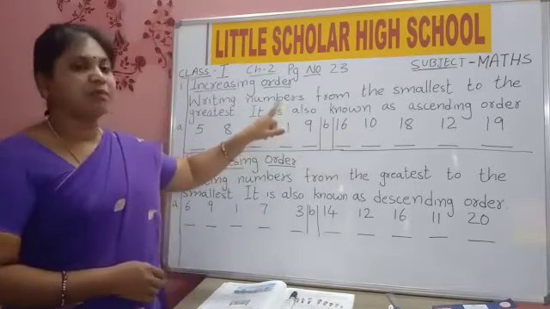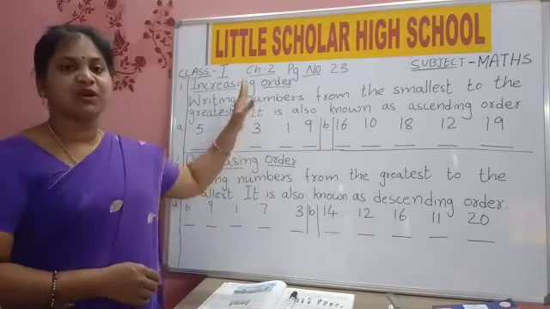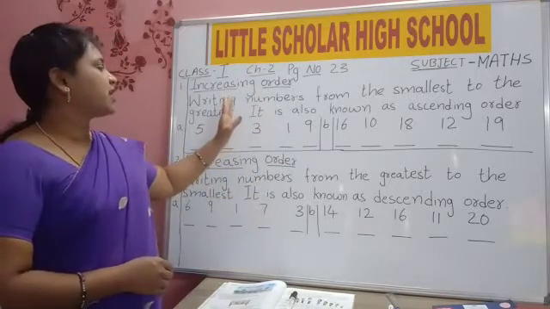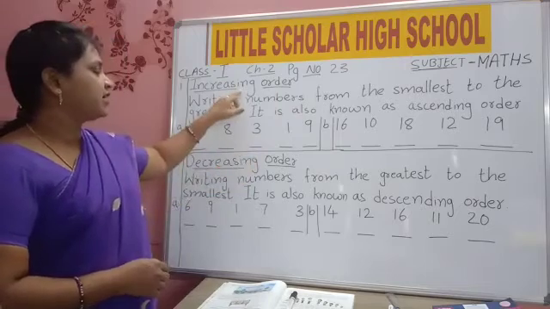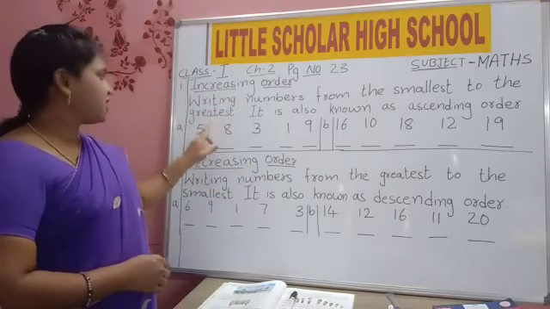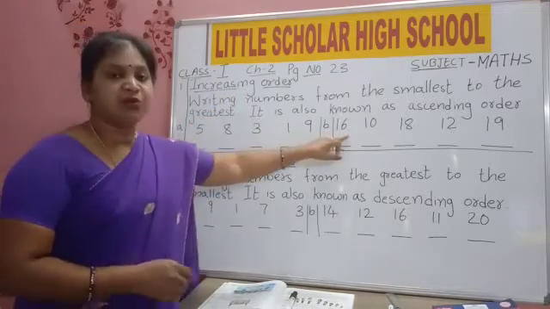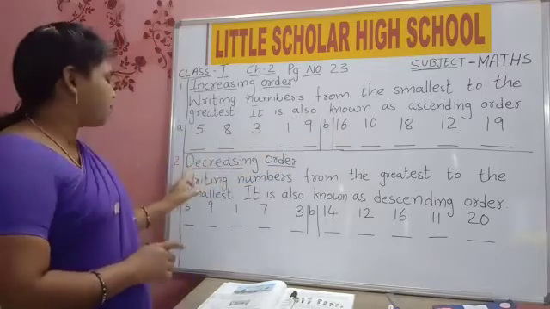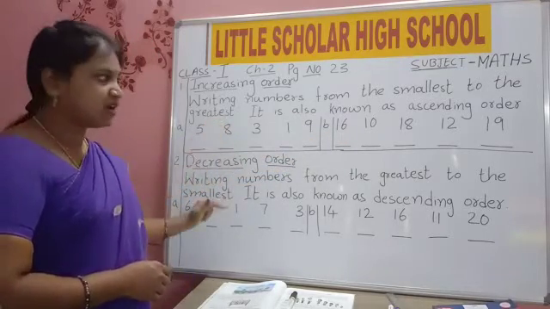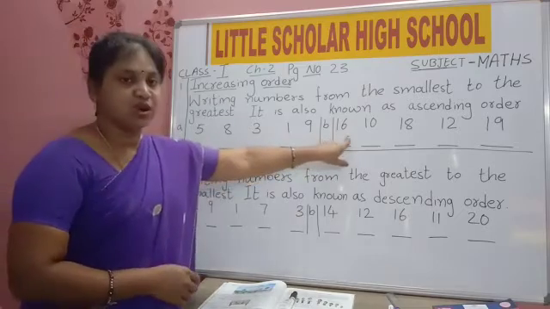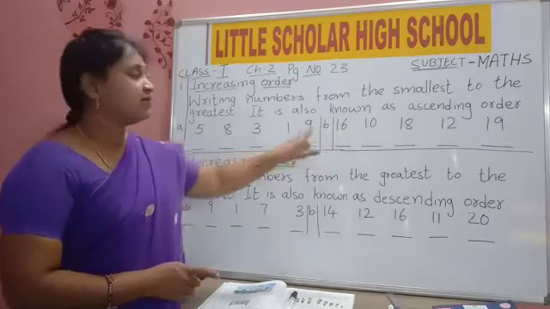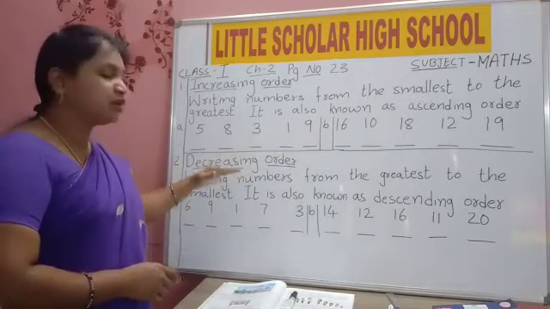Yes children, you will copy this in your classwork. You will write in the same way: increasing order, definition and A1. B1 you will not write like this, you will copy B1 down. A1 and B1 down. There was no space for me, so I wrote here. But after completing A1, you will copy B1 down.